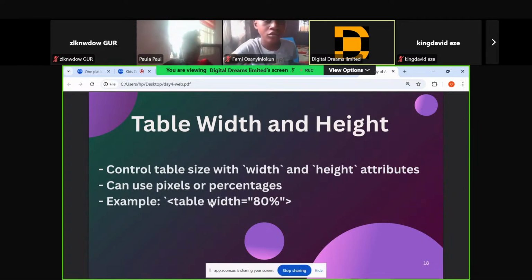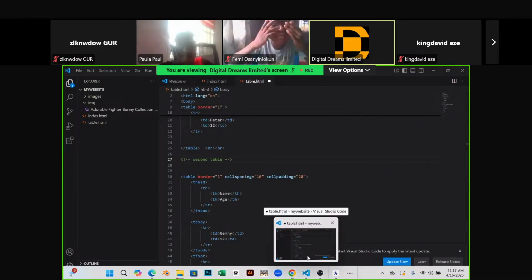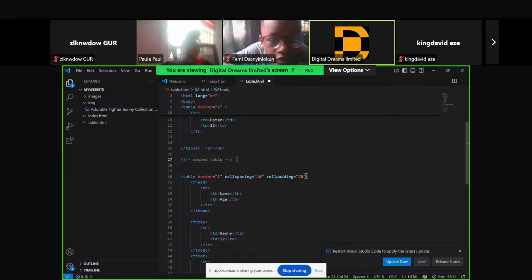You still go to your table and you write width equals to, just the same way we write border equal to, or cell spacing equal to, or cell padding equal to. Now you can use percentage, or you can use px, that is pixels. But let me use percentage because I'm sure it's easier for you to understand that way, and I'll still teach you pixels. Now back to my table. I'm still using the same one that I've already added border, cell spacing and padding to. So right beside it, I didn't say outside, still inside it, just give it a little space, and then you type